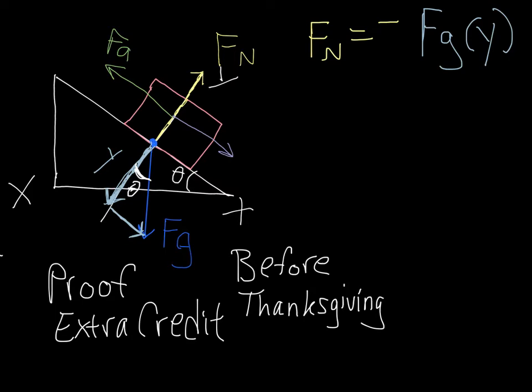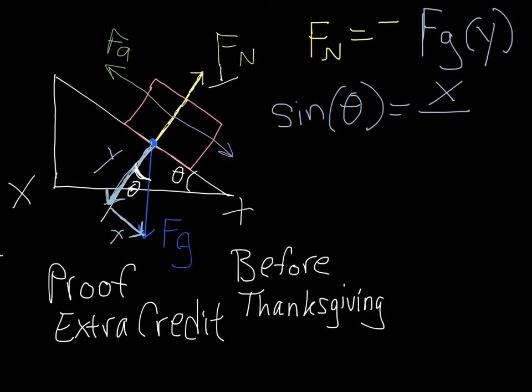Okay, real quickly before I run out of time, if this is theta then this is my opposite side, and then y is my adjacent side. So typically we associate y with being sine and x as being cosine, but it's flip-flopped here. Here, x is going to be sine and y is going to be cosine. So sine of theta is going to be equal to opposite, which is x, over hypotenuse,